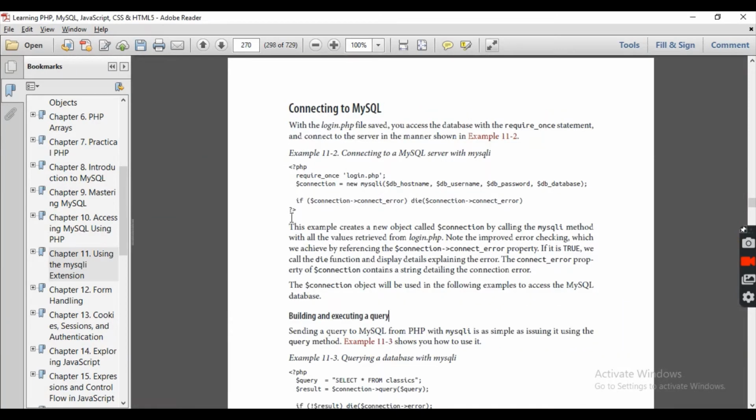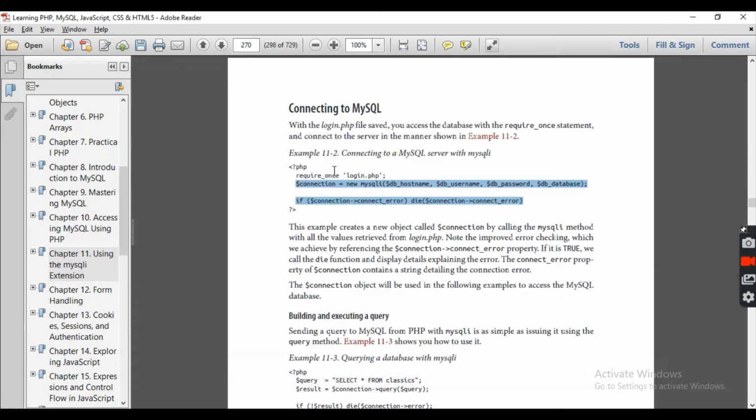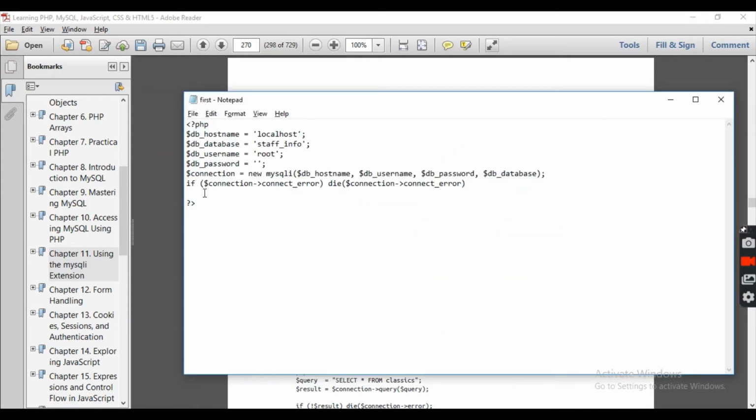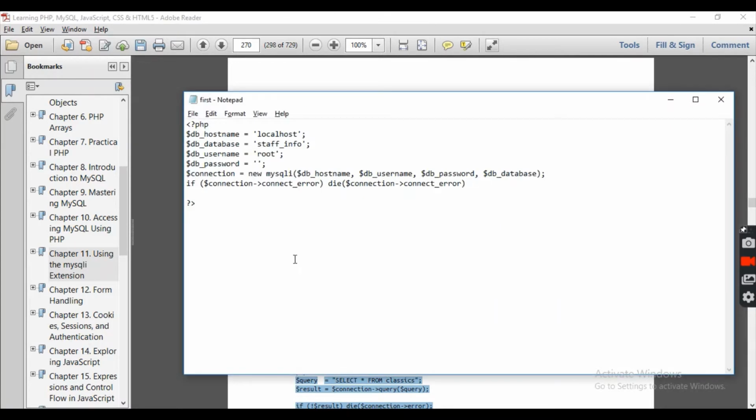Then let's come here. We are going to create the connection and copy it. If you want to create another file and include it using require_once, you can do it. It's totally up to you. We have created a connection. Now we are going to write a query. I'm going to be using the select query because I want to select the records that we have